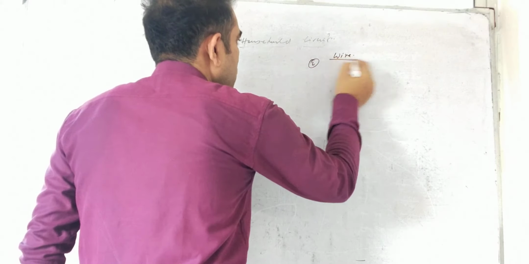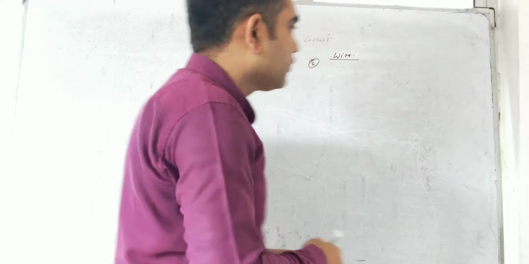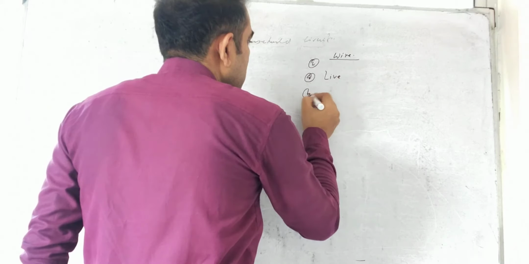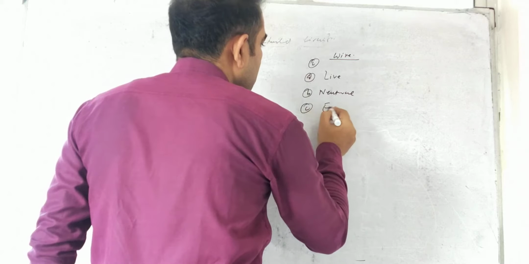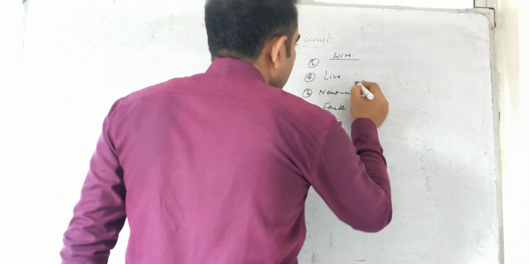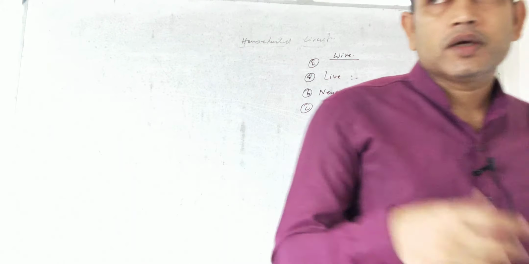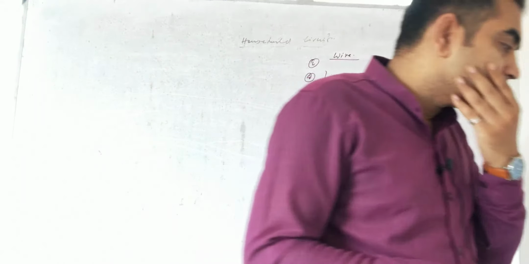The wire that we use in our house, we have three kinds of wire: live, neutral and the earth wire. So first one is live wire, other is neutral wire, and third one is the earth wire. In earlier devices you can easily notice the earth wire, but nowadays in many of the devices the earth pin you will miss there. There are only 2 pin plugs in most of the devices nowadays, but earth is also important.